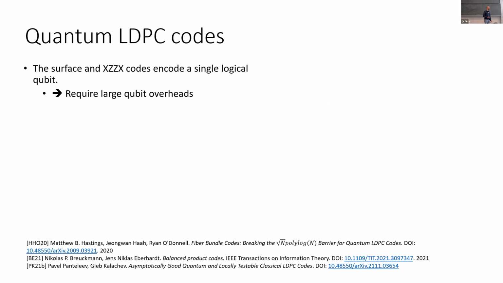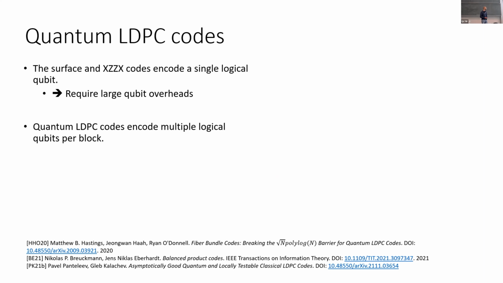And the specific families of quantum codes that we're interested in are quantum low density parity check codes. These differ from topological codes such as the surface code in that they have the ability to encode multiple logical qubits per logical block. The surface code, for example, only encodes a single logical qubit. So the ability to encode multiple logical qubits in a single block opens up the possibility of much more resource-efficient